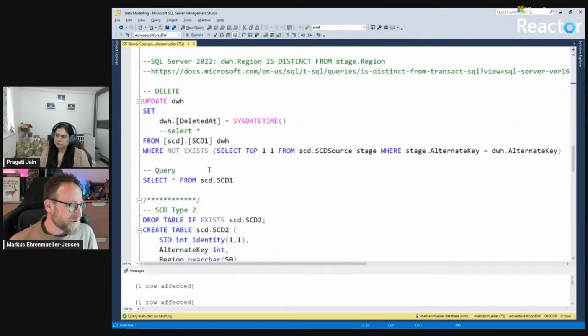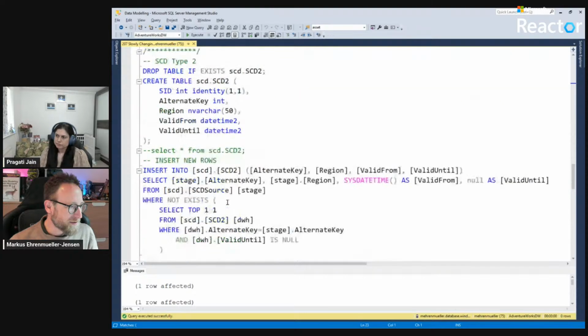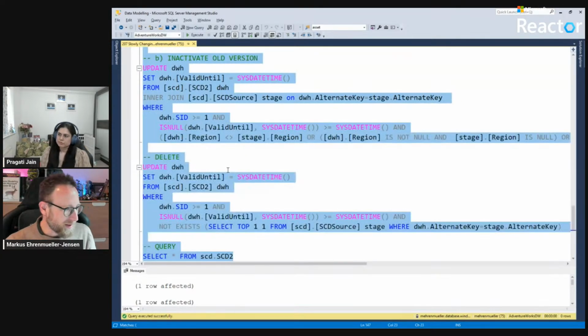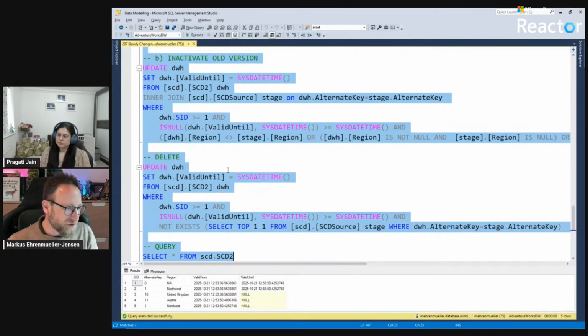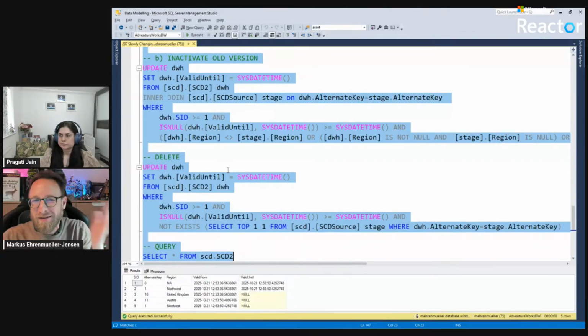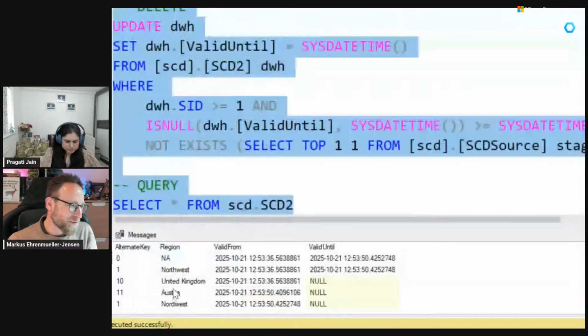So the difference here with the script for the slowly change dimension 2 is now that we need to take care of changes in terms of if something changes, we want to keep two versions of it, the old, the thing before, and the thing afterwards, because maybe you have like sales and you want to keep track of the regions of the sales, but some company moves its headquarters to a different country, and maybe for the past, the sales should not move, but the sales should stay where it was.